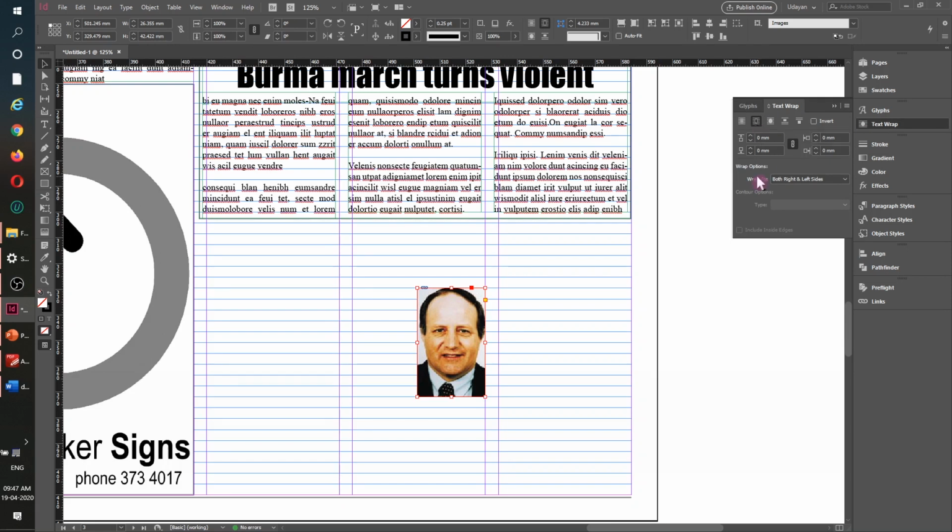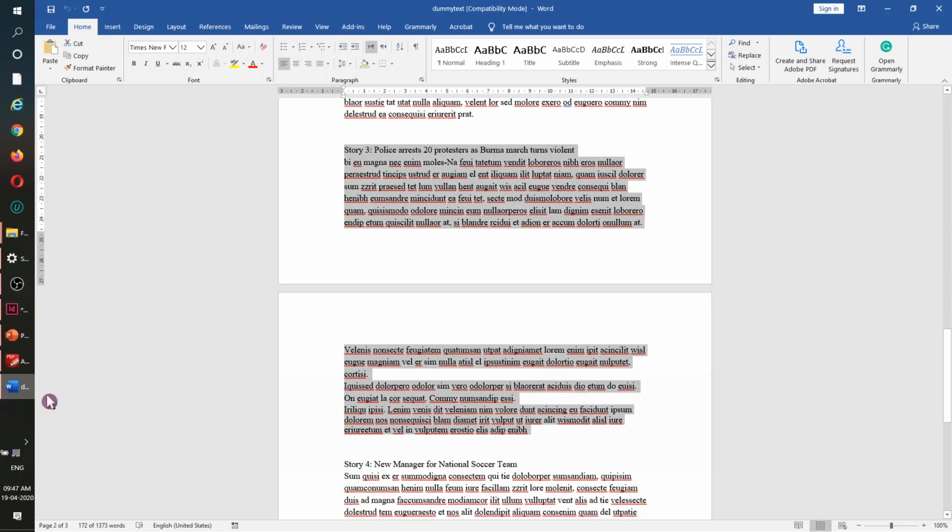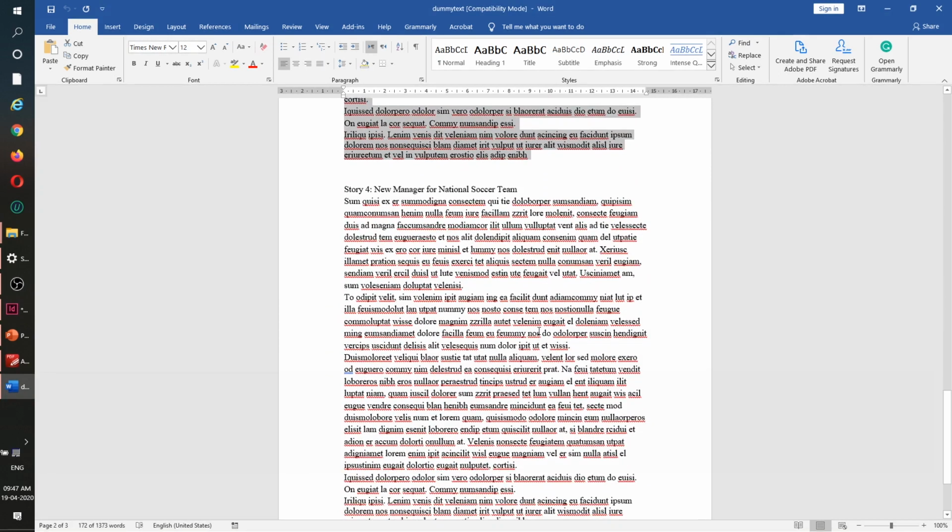And then I need to make sure this is around 2 millimeter so that it is easy for everybody to read. Okay, and that should be sufficient. Now from the top and the bottom, even 1 millimeter is fine, but the side should be something like 2 millimeters. Okay, then we shall see how we can adjust this image later, but let us keep this for the time being. Okay, let's go and take the last story.